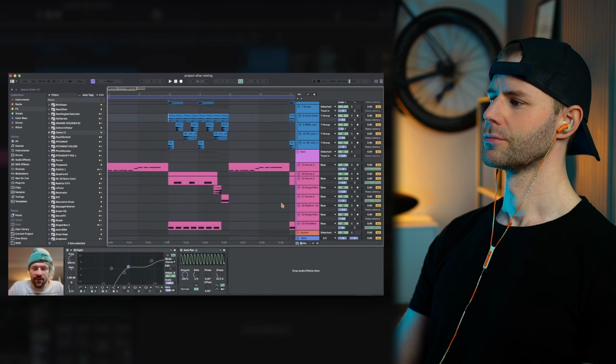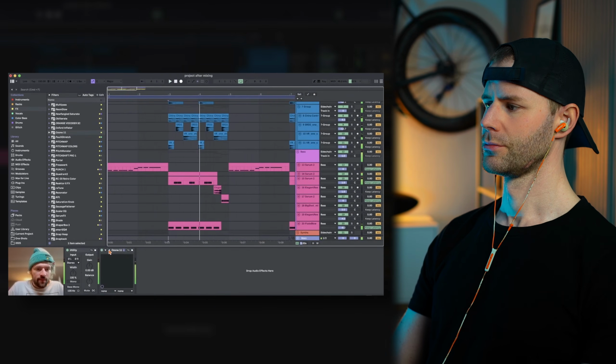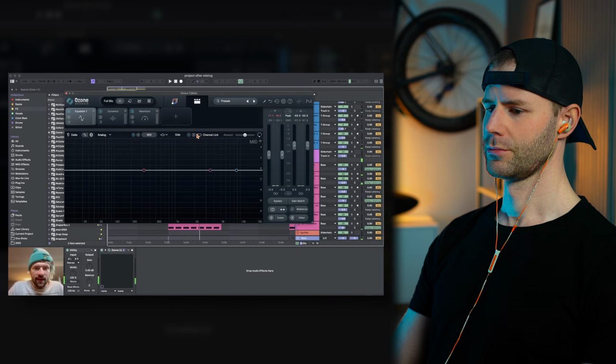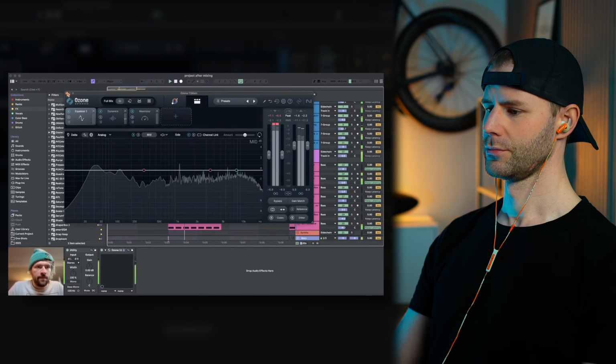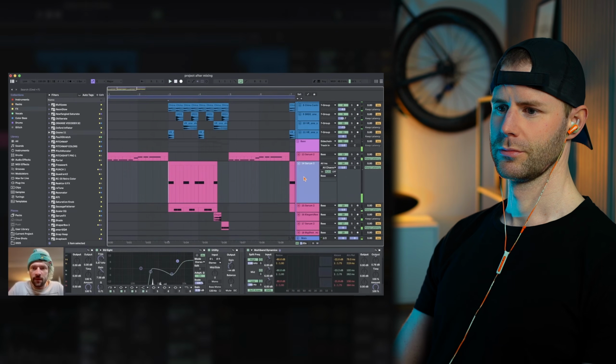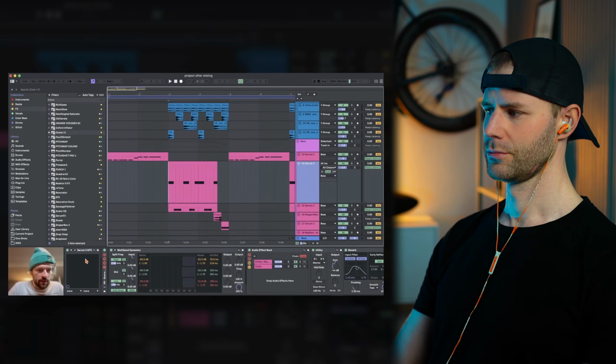We can barely hear it there. It seems to mostly live in the sides. Maybe we can do something about that in here real quick, where I kind of want to do it in